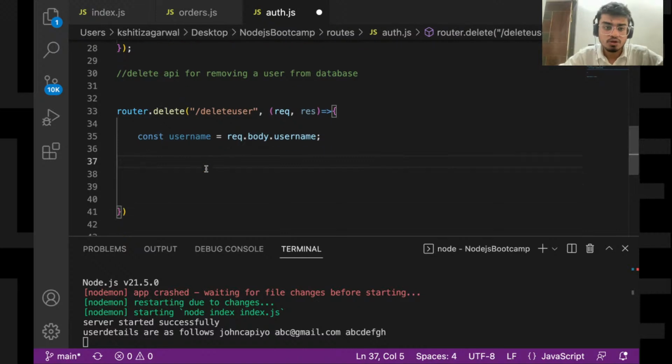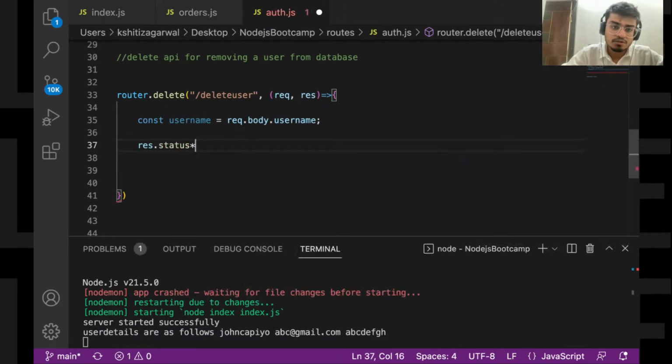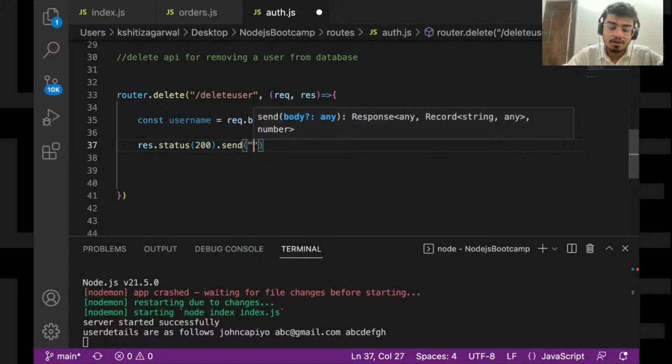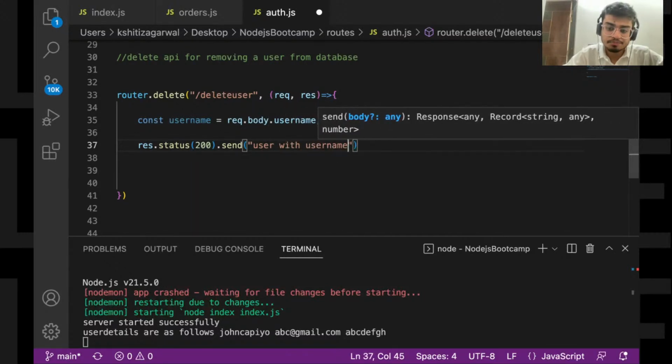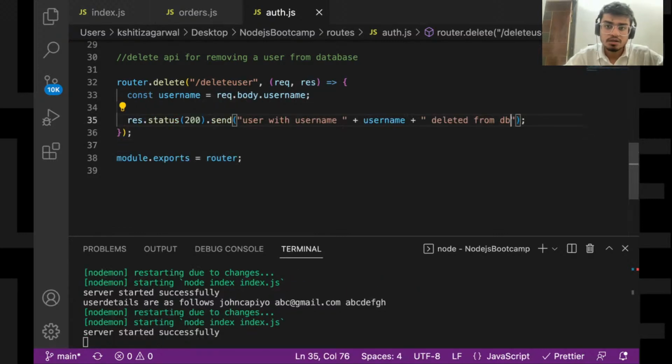Then I'll simply send a response.status 200.send user with username plus username plus deleted from db. Okay, that's it.